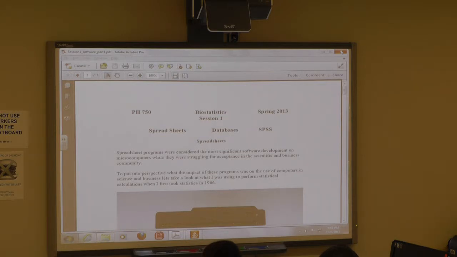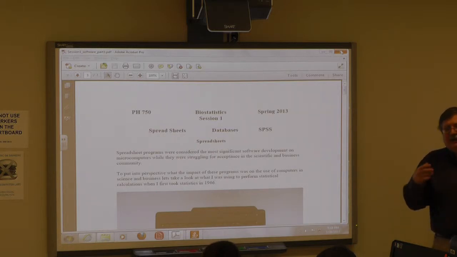Okay, so at any rate, in this lab, we're going to be dealing with software. In order to do a lot of the calculations that we're going to need to do for this course and that are going to be important to you going on in other courses that involve statistics, epidemiology, and so on, we're going to try and get familiar with at least one software package that's specific to statistics and another software package that's used for organizing data and doing calculations. So traditionally in this course we've been using Excel and SPSS.